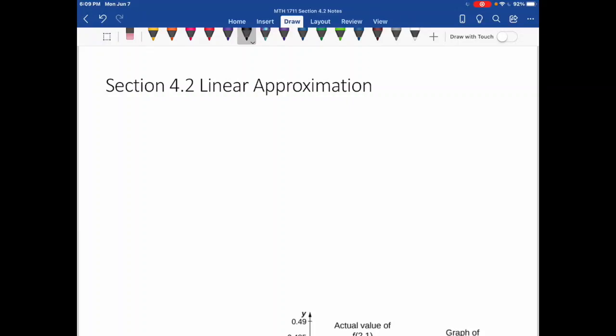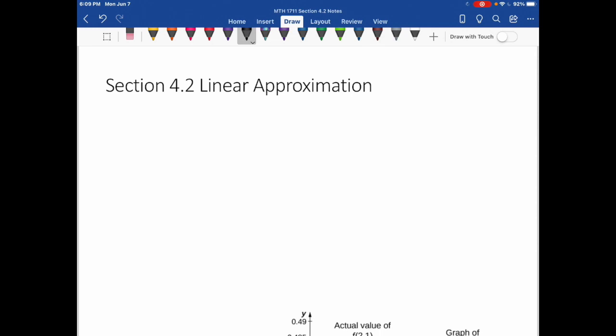In this lesson, we're going to talk about linear approximations. In the previous section, we talked about related rates, which is also an application of derivatives. And so now this linear approximation is another application of derivatives that I'm going to go through with you. A linear approximation uses the idea of the tangent line to make an approximation of a value of a function